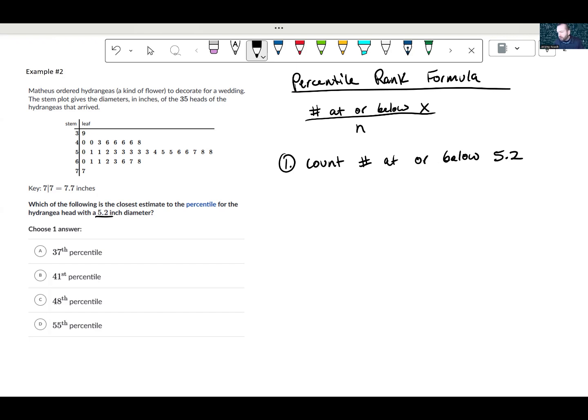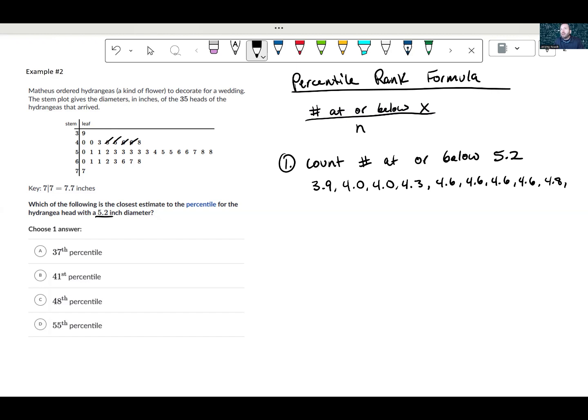So we've got 3.9 for the first one, 4.0, 4.0, 4.3, 4.6, 4.6, 4.6, 4.6. Let's make sure we have those correct. 1, 2, 3, 4. 1, 2, 3, 4, 4.6s,